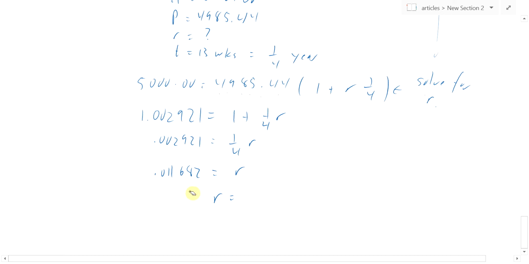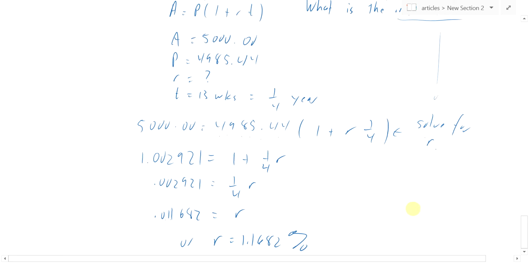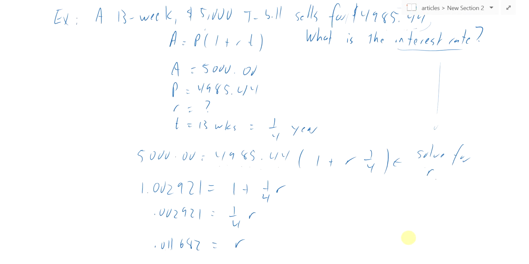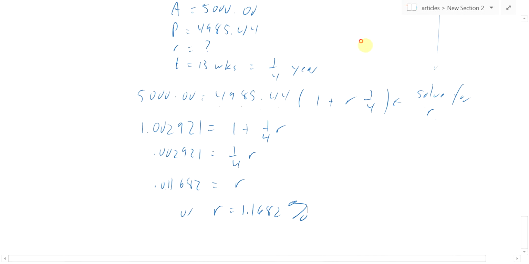And so what is our interest rate? Well, move the decimal place over 2, and you get 1.1682%. So this T-bill up here, loaning the government 4,985.44 and getting back 5,000 in 13 weeks, that's essentially an interest rate of